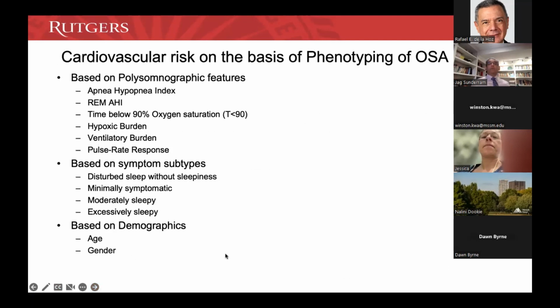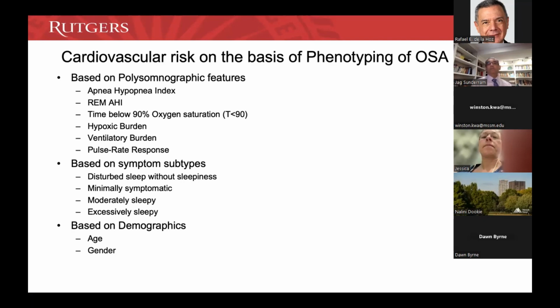So when we look at the cardiovascular risk on the basis of phenotyping OSA, one could look at it not just on the basis of the apnea-hypopnea index, but also on the basis of other potential polysomnographic features, such as the REM AHI, where in REM sleep there may be many more desaturation events, and maybe that may be an important indicator. Or, like I had mentioned, the time below 90% oxygen saturation, called T less than 90,